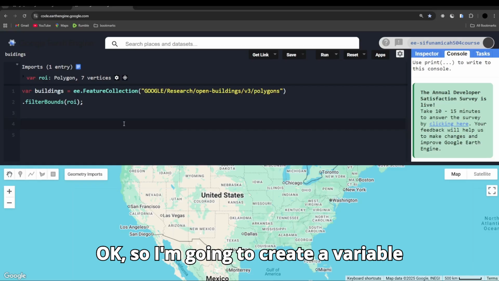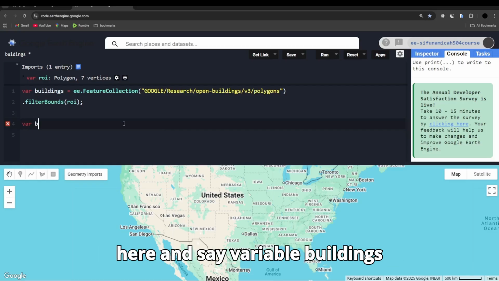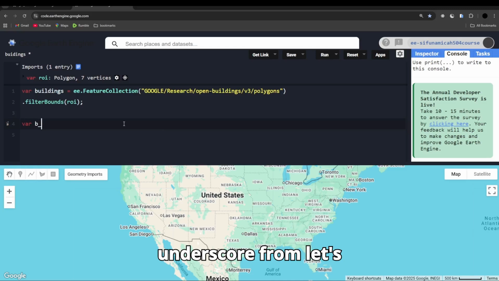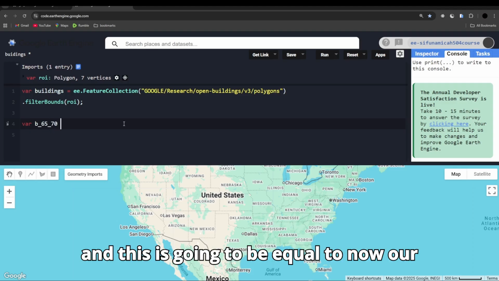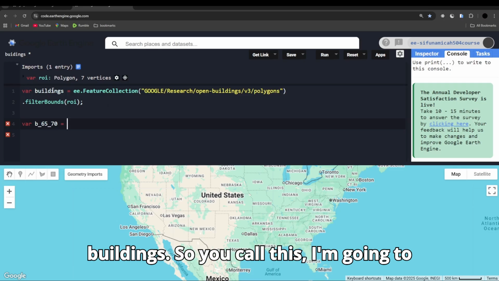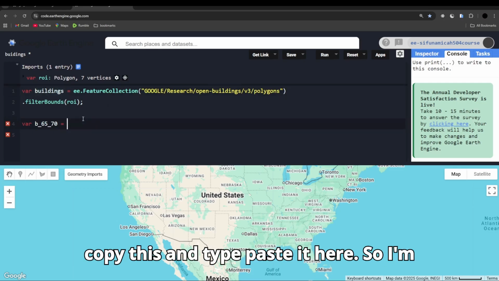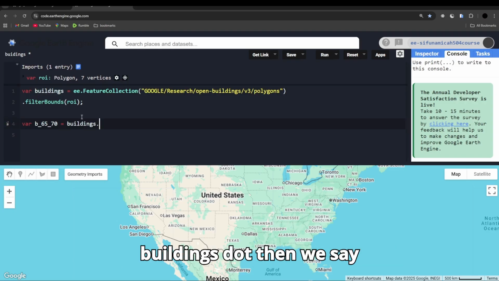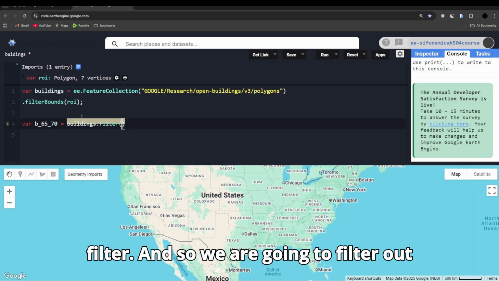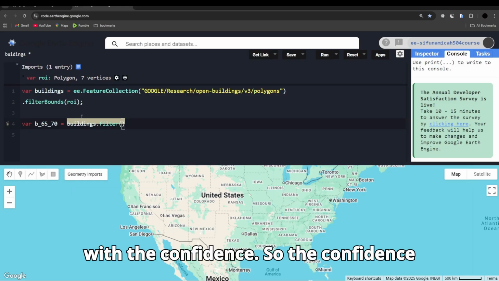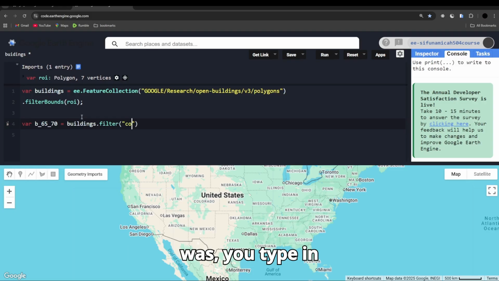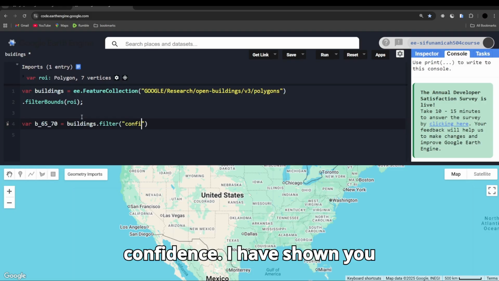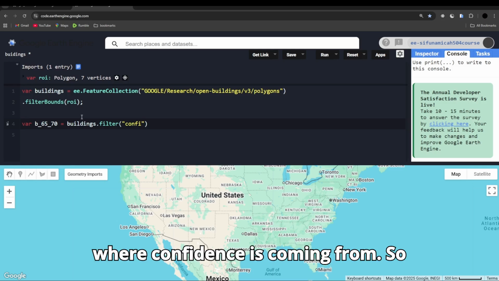Okay, so I'm going to create a variable here and say var buildings underscore from, let's say, 65 underscore 70, and this is going to be equal to now our buildings. So I'm going to copy this and paste it here. I'm going to say this variable is equal to buildings dot filter, and we are going to filter out with the confidence. I've shown you where confidence is coming from. So confidence